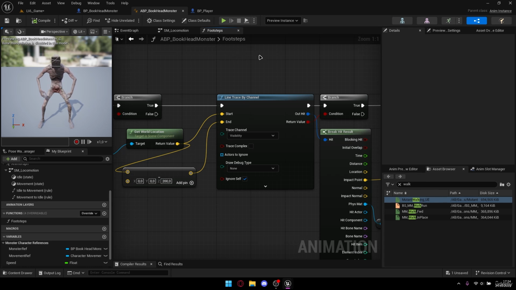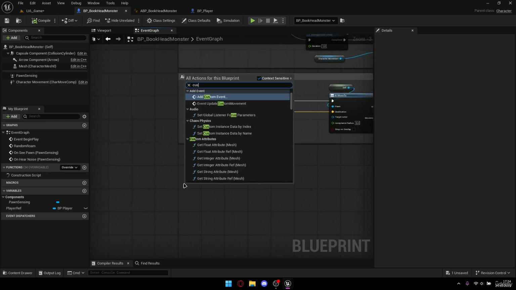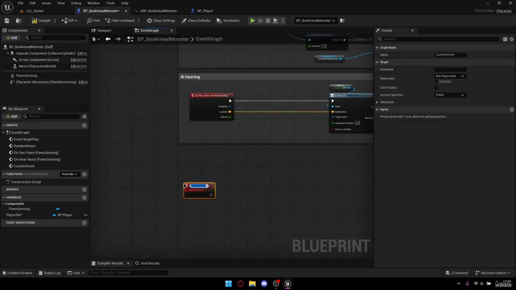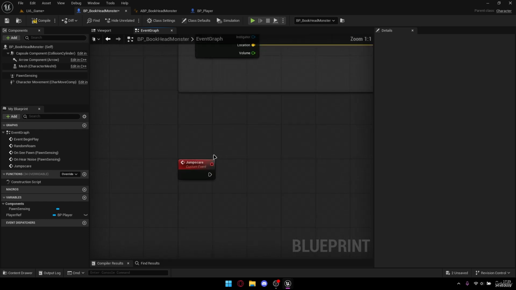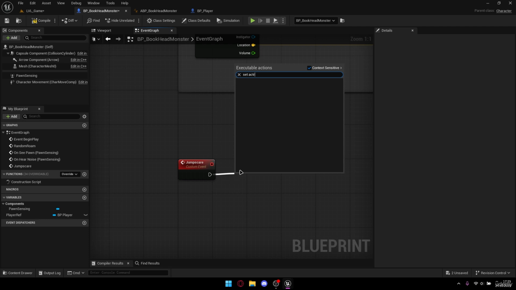Okay, so the last thing that we need to do with our monster is to create that jump scare kill scene. So we will go to BP Bookhead Monster. We will go down here and we'll create a new custom event, and let's call it Jump Scare. So first of all, we want to make sure that this enemy, this monster, is facing the player. So in order to do that, what we can do is we can just set actor